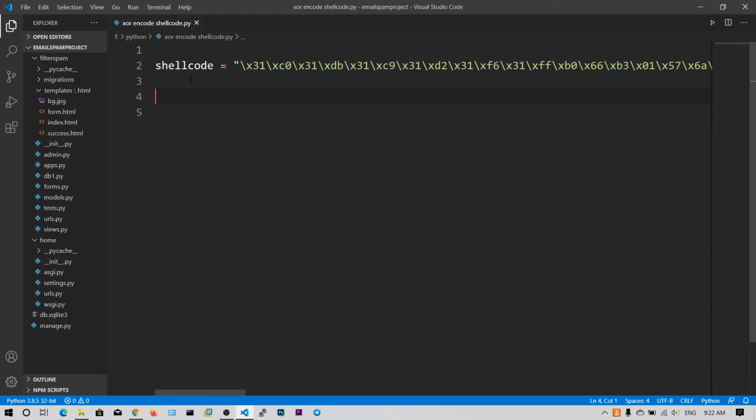If you are attacking a victim or doing any testing in a client's organization, you need to know what antivirus they are using. Obviously they will not use every antivirus in the world, but they will use one or two, right? If your shellcode bypasses those two antivirus softwares, then you will obviously win the game, right?